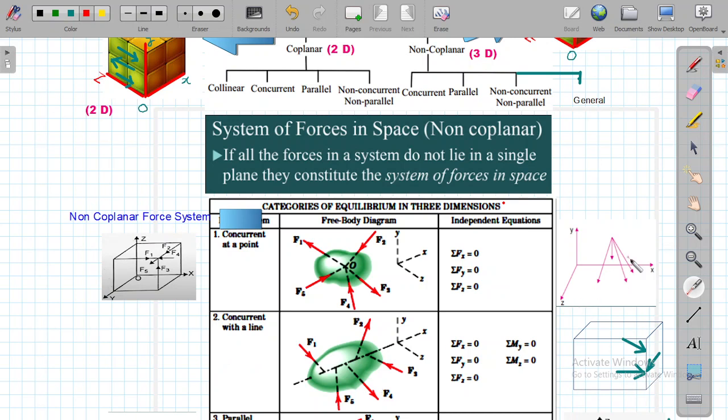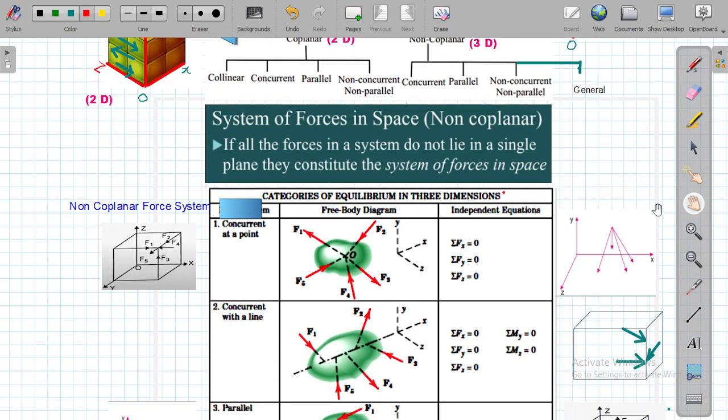If you look at it here precisely, in this system we have a line which is parallel to the x-axis, and we have different forces lying along different orientations in space. If we resolve these forces into components along the y-axis and z-axis,